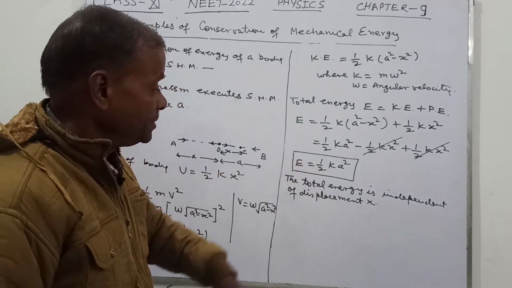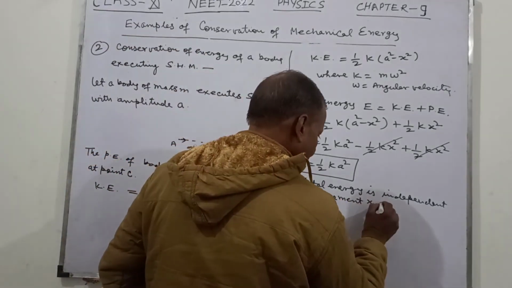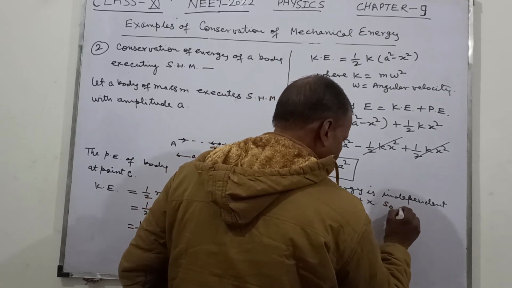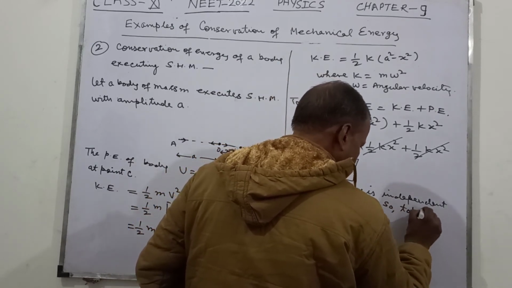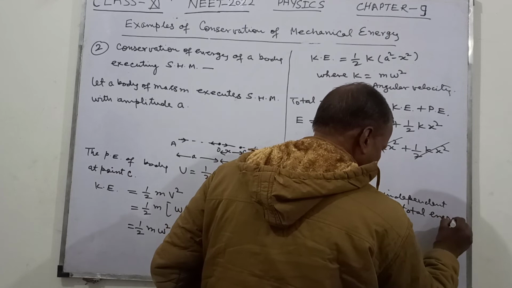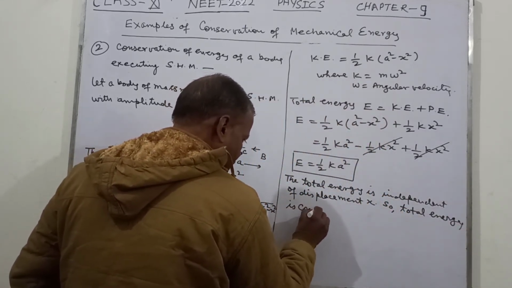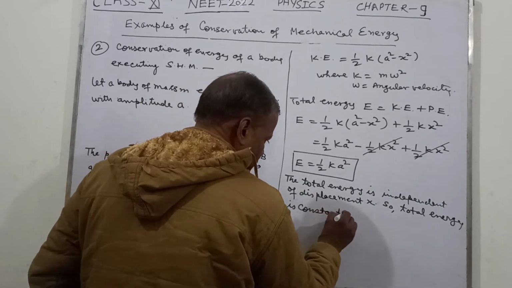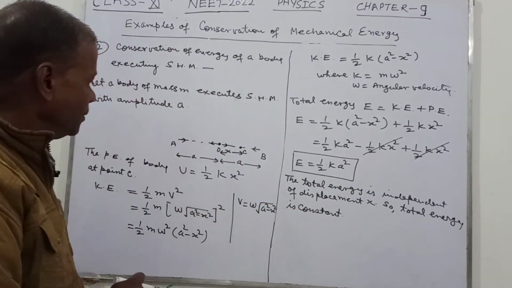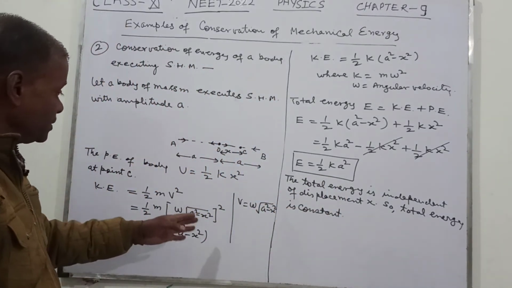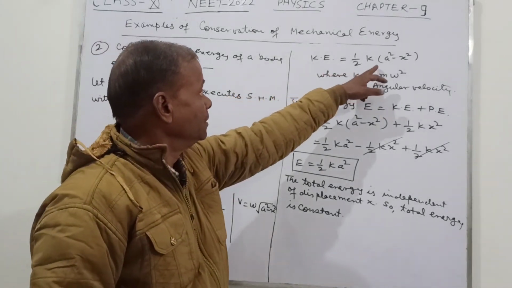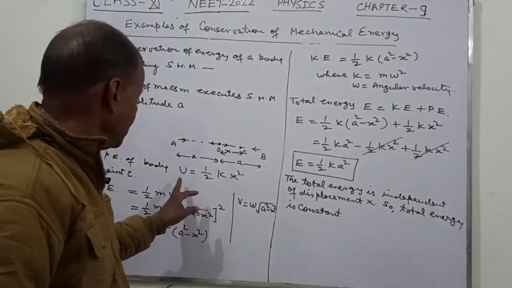So this energy is constant. So the total energy is constant. Now, from this equation, half k into a square minus x square, and half k x square,